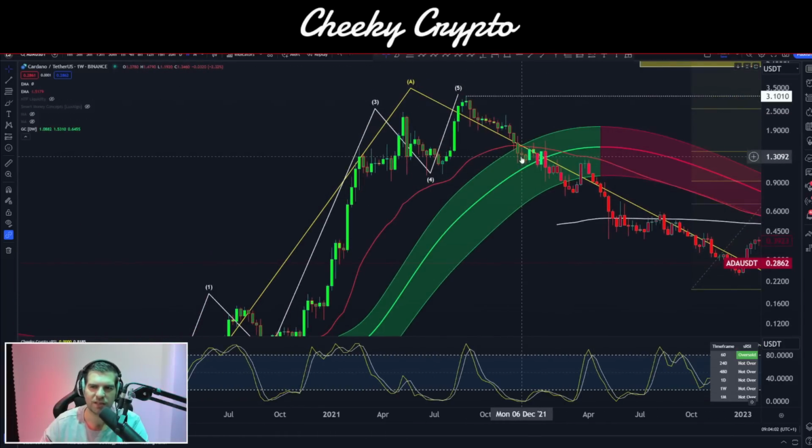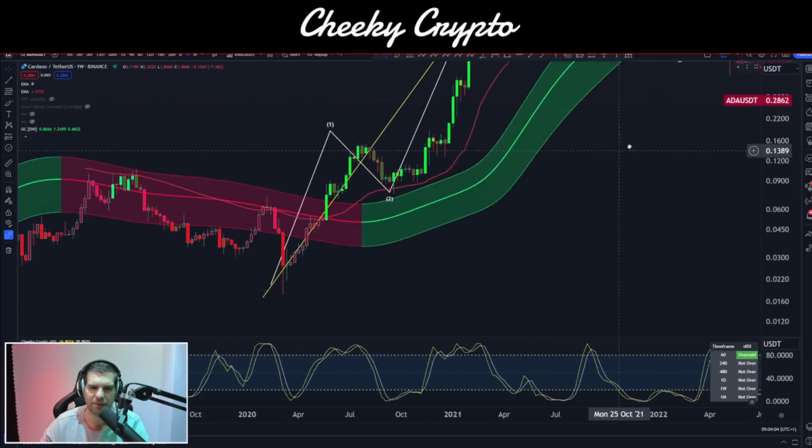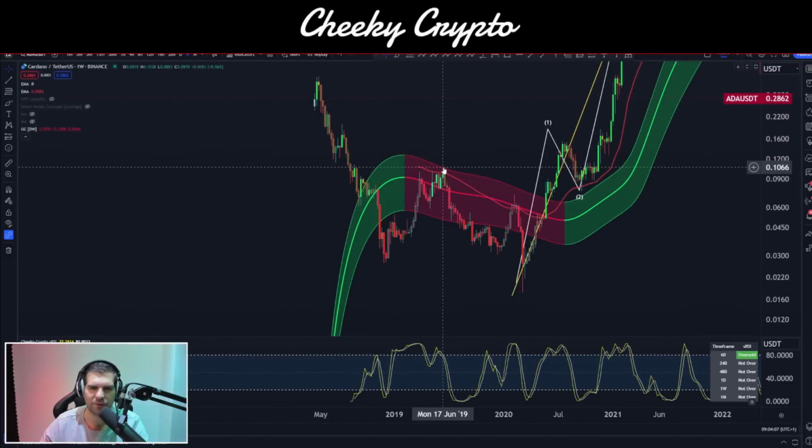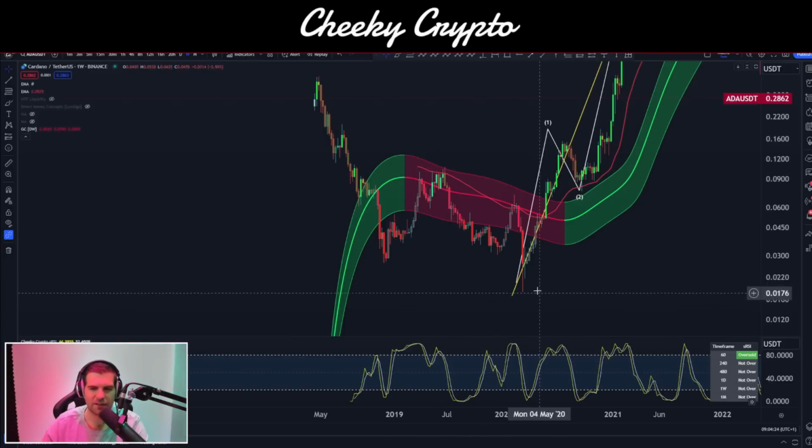Of course, once we closed inside the Gaussian channel, we went down into the bear market, right? Again, we can take a look here, a false start, pull back down, and again, this is very similar to where we were back with basically the pandemic and Bitcoin. Bitcoin pushed up, came back down below the Gaussian channel. In the case of Cardano ADA here, it failed to close above the Gaussian channel and came back to the downside. And a new bear market low happened in 2020, whereas the bear market low for Bitcoin was in 2018. Okay, understanding that most altcoins actually bottom after Bitcoin has bottomed.